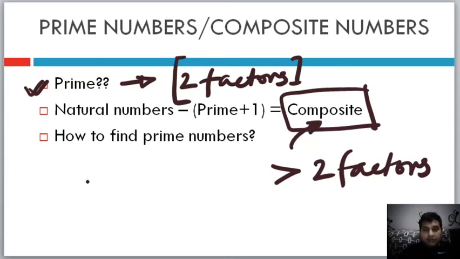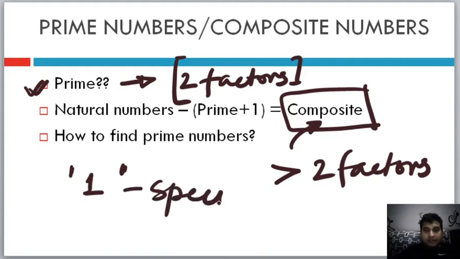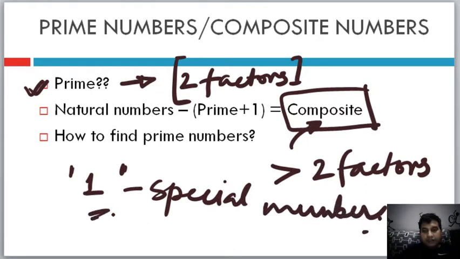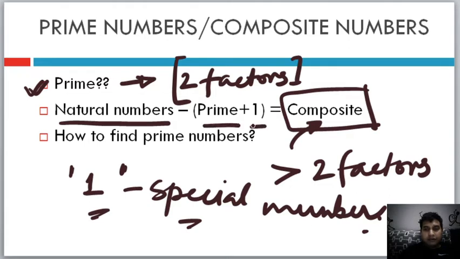And there is only one number, 1, which has basically one factor, because 1 is 1 and the number itself is 1, and therefore 1 is not a prime number, it's called a special number. In this definition of prime and composite, 1 is called a special number. So basically what are composite numbers? All natural numbers, subtract from them prime numbers and 1, and every other number is composite. So for composite numbers, you should be able to divide that number by at least one more number except 1 and that number itself.